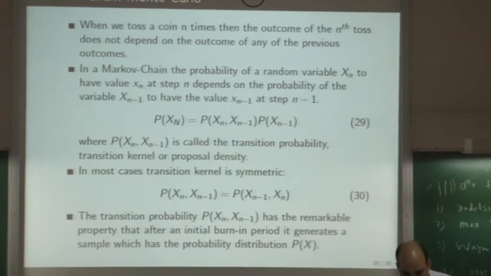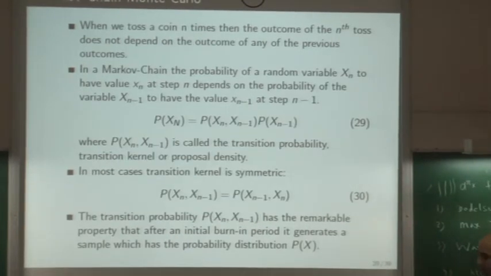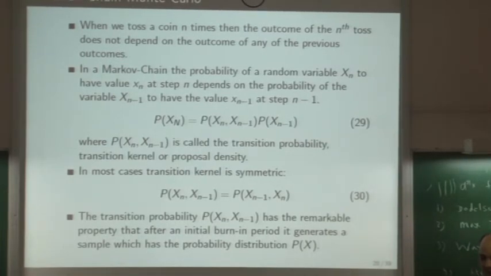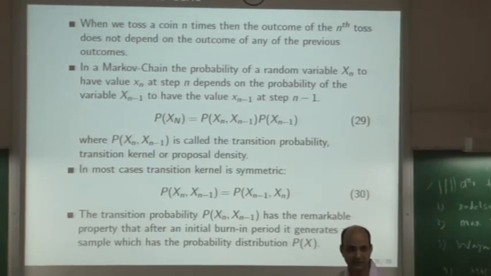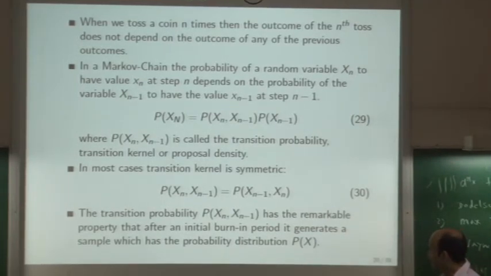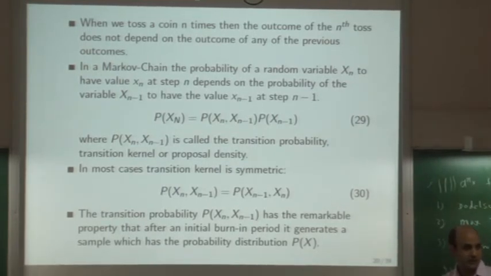What are these Markov chains? Generally, if you toss a coin and just record the data, every event will be independent of past events. Like if the 10th time you get head, then the 11th time you can get anything. It doesn't matter what you got at the 8th or 9th time. But these Markov chains are a special type of random number sequences where the nth outcome is closely connected to the n minus 1th outcome. Just the n minus 1th outcome, not earlier ones.